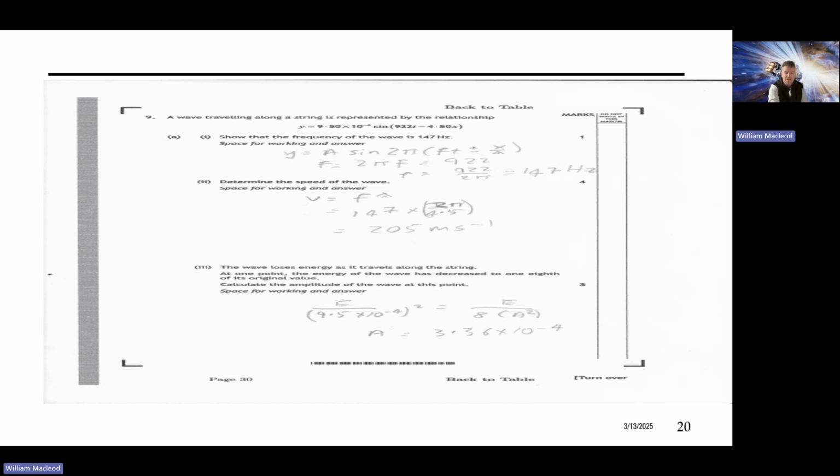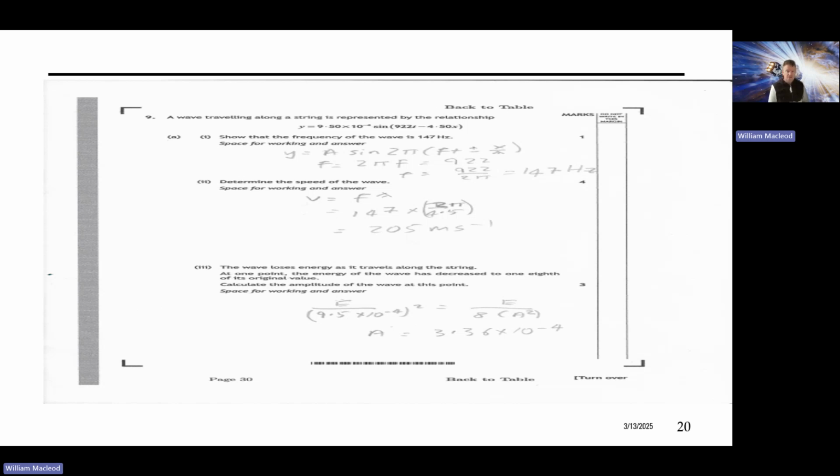Determine the speed of the wave. Again, you get the frequency from the wave equation above, and you multiply that by your wavelength. Again, you get that by comparing the wave equation you've got above there with the standard wave equation, doing a little bit of algebra on it to get the lambda, the wavelength. So you put the frequency and the wavelength together and you end up getting the speed to be 205 meters